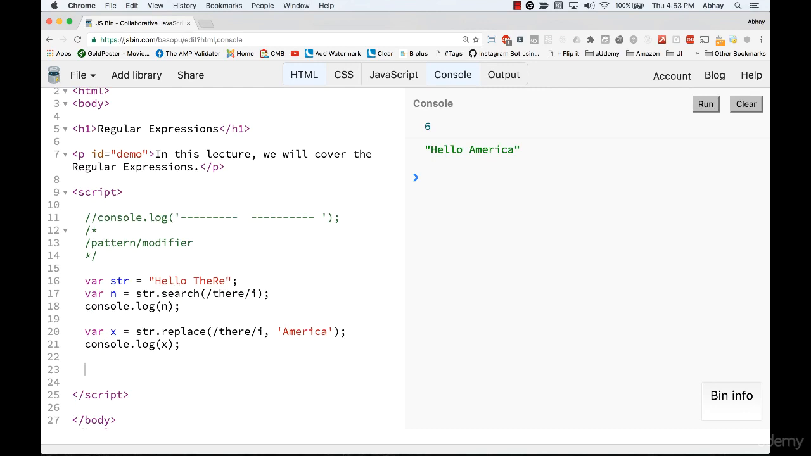So the first thing is the modifiers. We already saw what modifier I does. I was basically case insensitive. Similarly, we have something called global, which stands for G, which means it checks for global matches. In this scenario it would just find the first instance of there and be done. But the moment I do a global, which is /g, it will replace